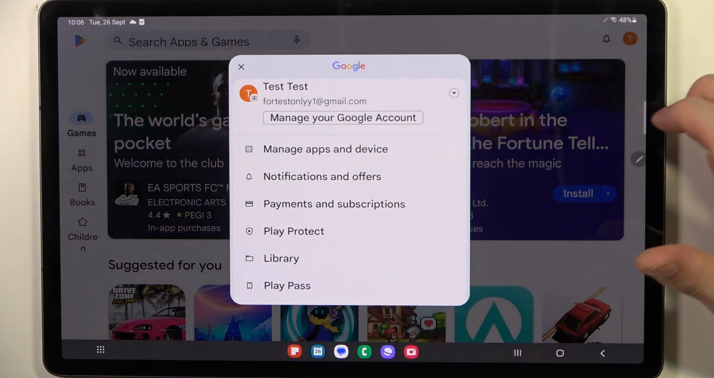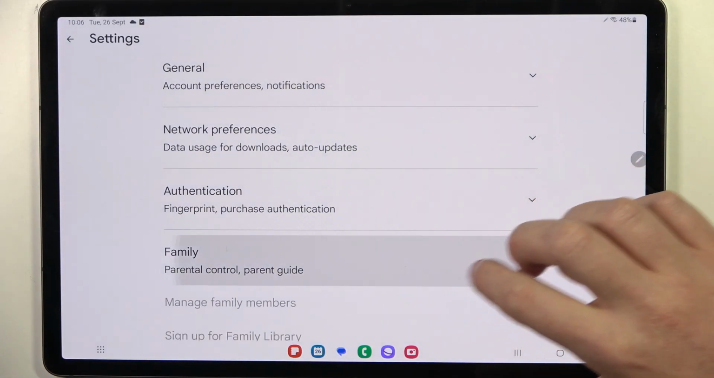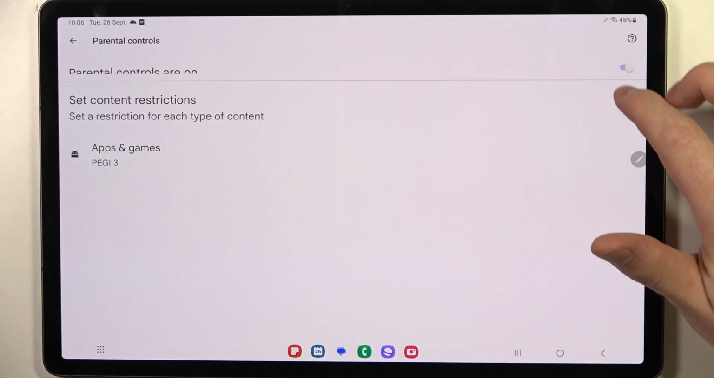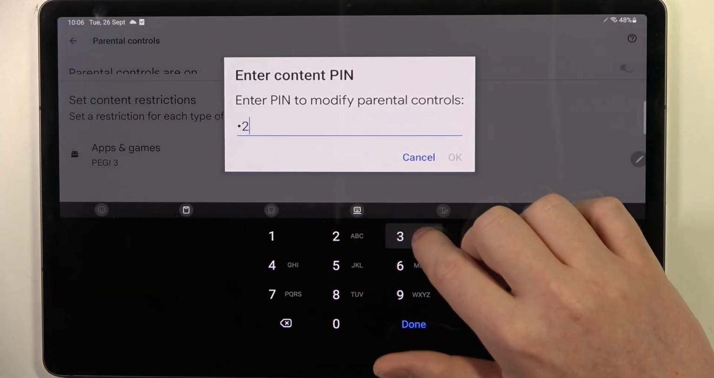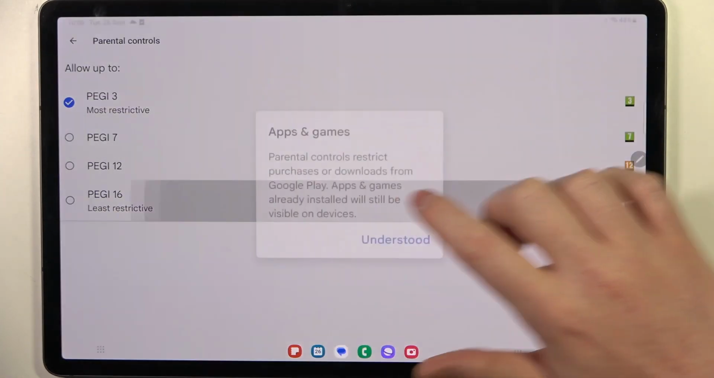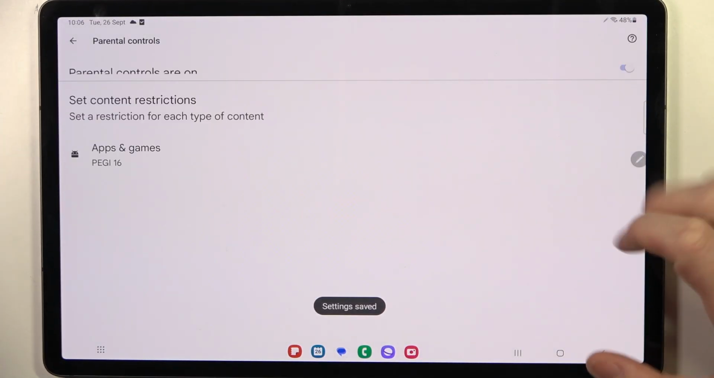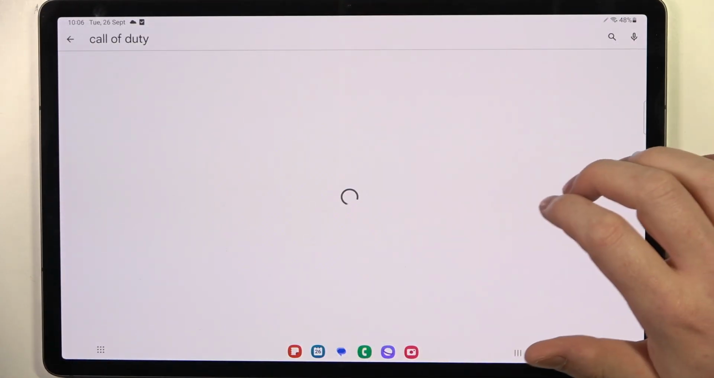Here in the home page, click on your profile picture in the top right corner of the screen and move to the settings. Enter Family, Parental Controls, and right here either disable parental controls entirely with a switch or go for apps and games. Insert the PIN code and increase the PG to at least 16. Make sure to save the settings afterwards, and now when we go back and try to find the game again,